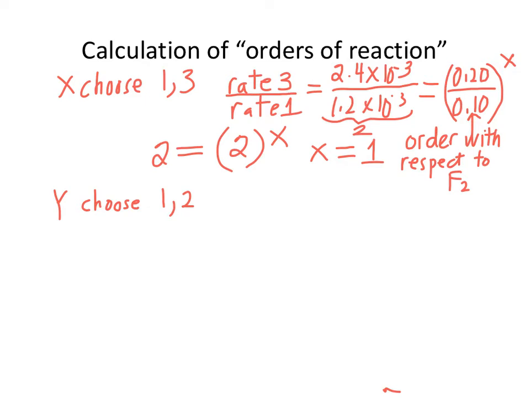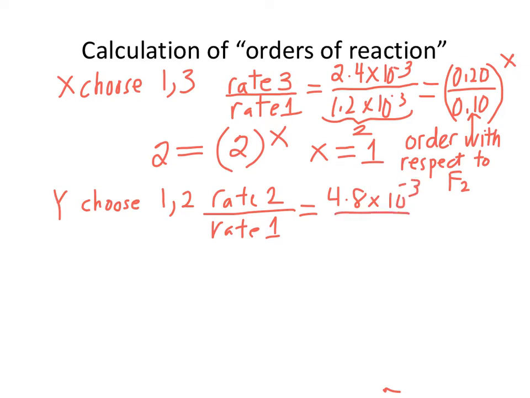So we're going to put rate 2 over rate 1 equals, rate 2 is 4.8 times 10 to the minus 3 over 1, which is 1.2 times 10 to the minus 3, equals